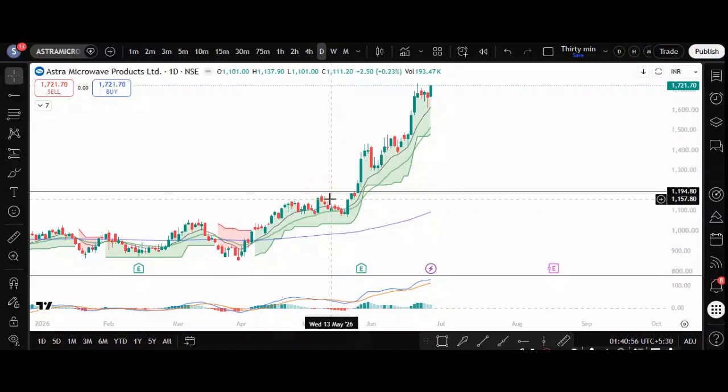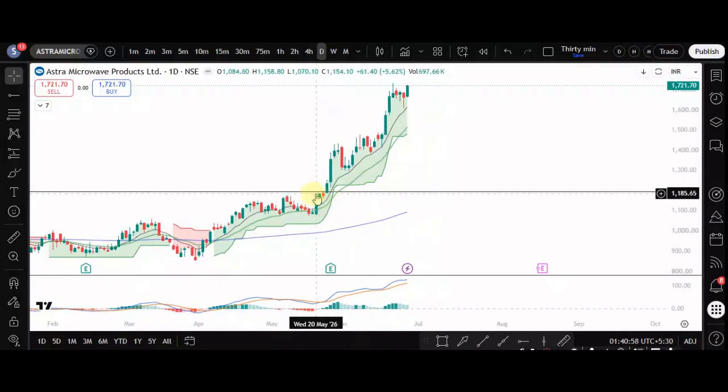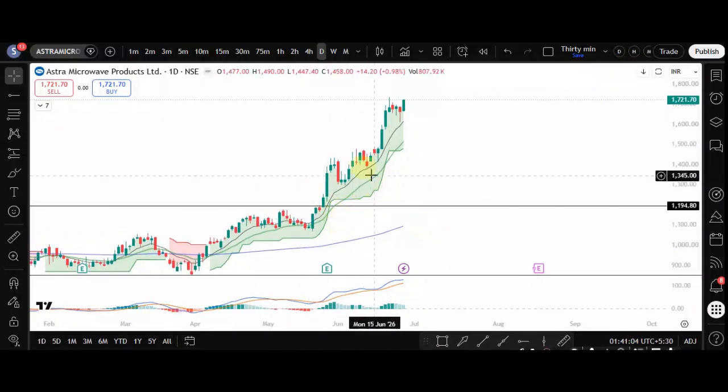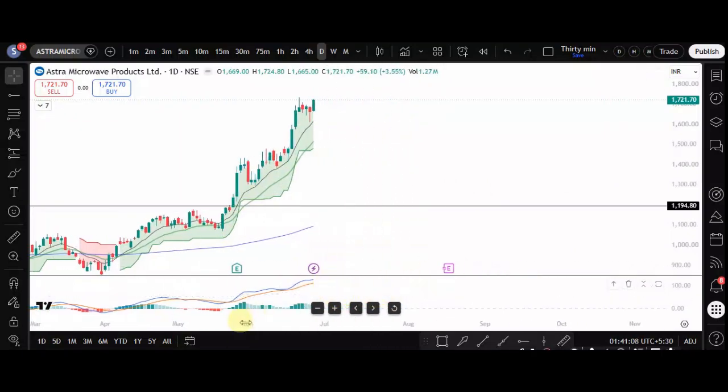Okay, once the price crosses this all-time high line, all you need to do is take another confirmation, that is MACD. So MACD should be pointing towards upside. You see here, once this broke, the MACD also is pointing towards upside,